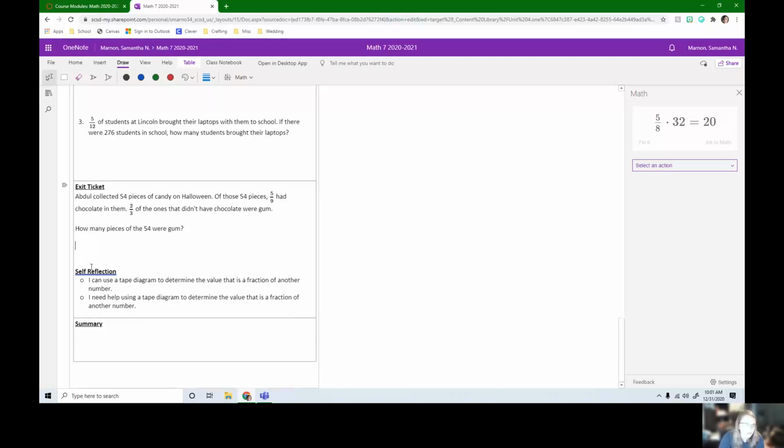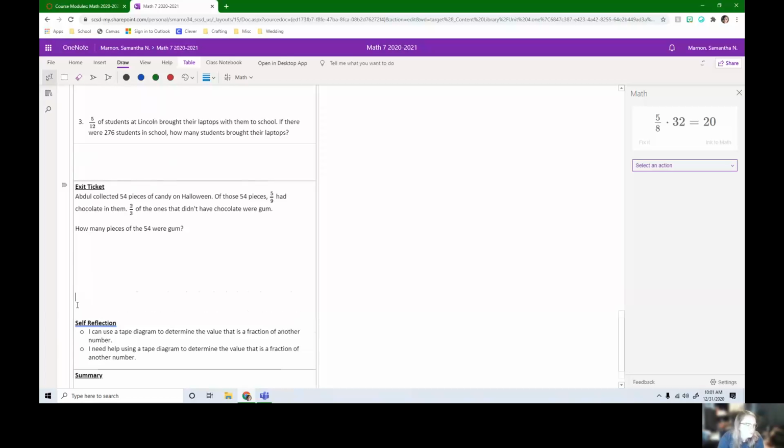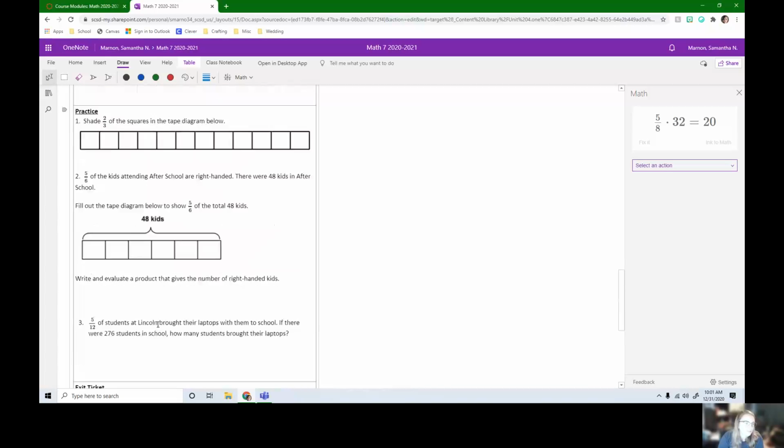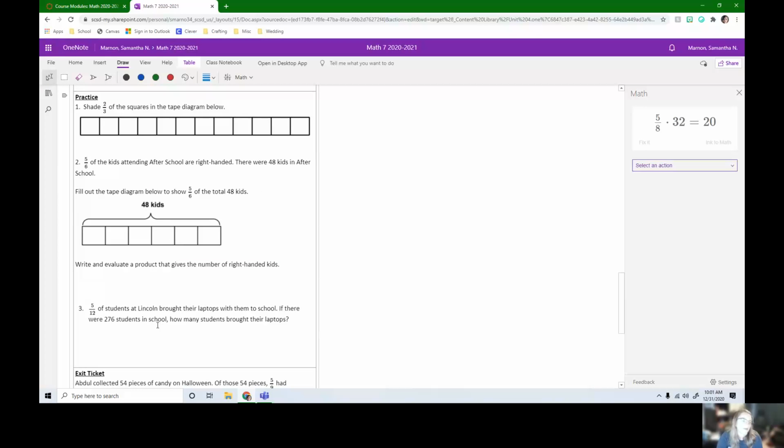Then your little self-reflection, if you need more space, hit enter a bunch of times. So I can, or I need help using a number line. And that's it for this lesson. Make sure you're going back to Canvas and clicking mark